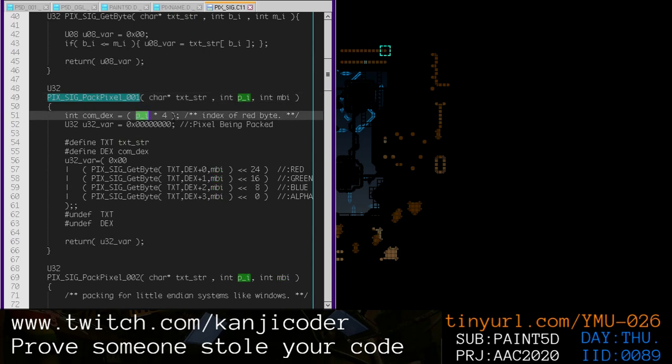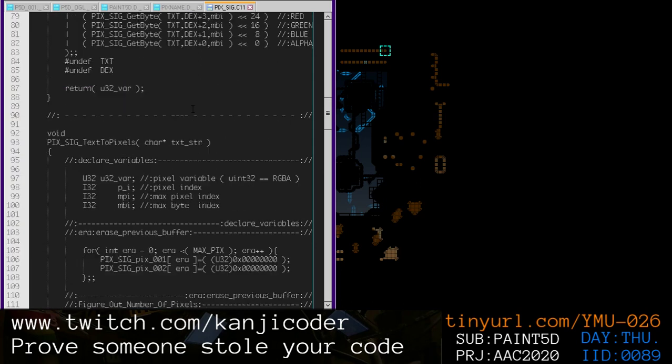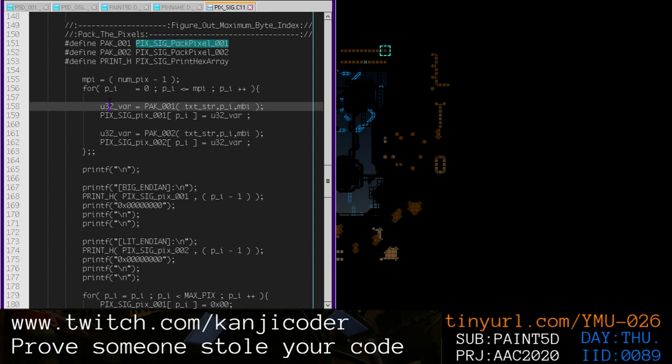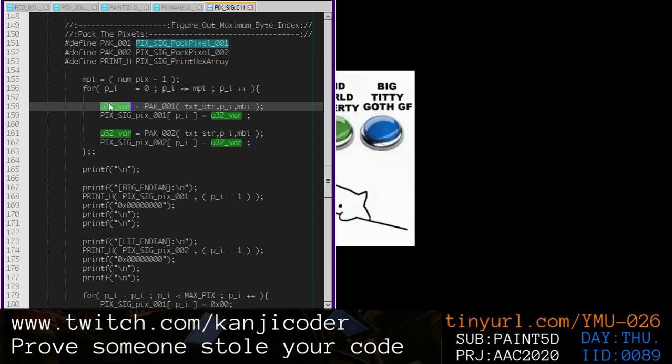So, right, we take the pixel index times 4, get the component index, and then we do all this bit shifting stuff. So this should look familiar, but I just wanted to review it really quick. Okay, so we do this to get the current pixel that corresponds to the first 4 bytes of the text string, and then once we have that packed, we're going to shove it into our pixel array,